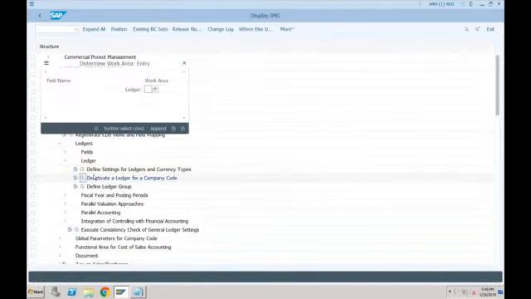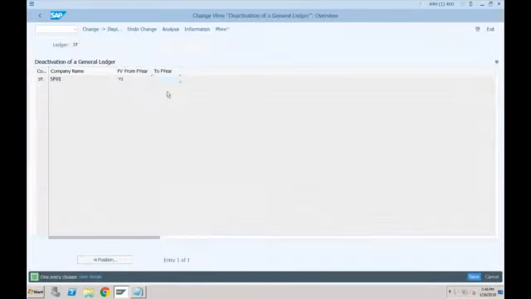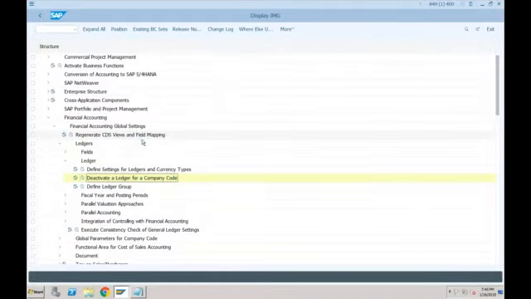So in another configuration here, you can deactivate a ledger for a company code. If you go here, let's say I want to deactivate ledger IFRS from this particular date. So you have to specify a to-year here. What will happen when you say the to-year is 2019? This means it will only be applicable till 2019. In 2020, this ledger will not work. So that is the whole definition of what ledgers are and all.